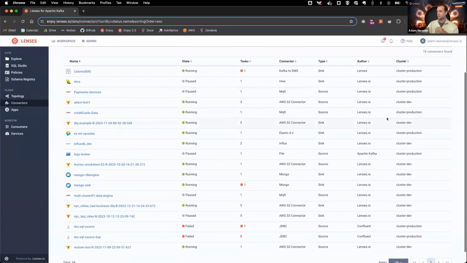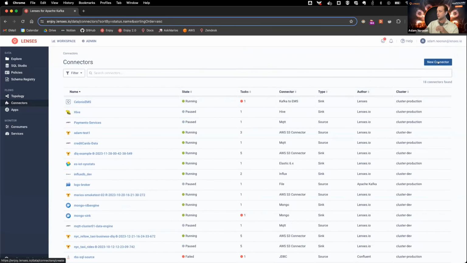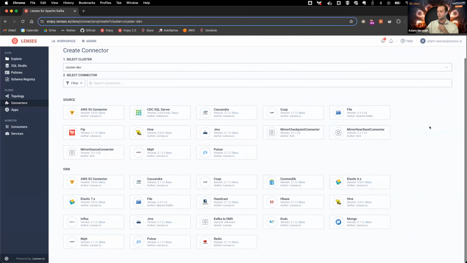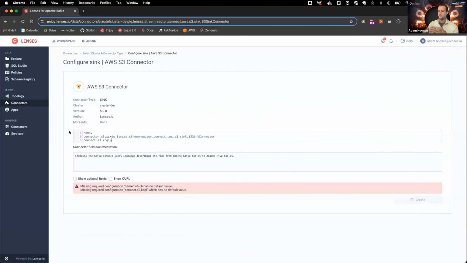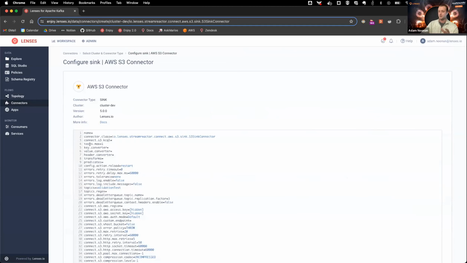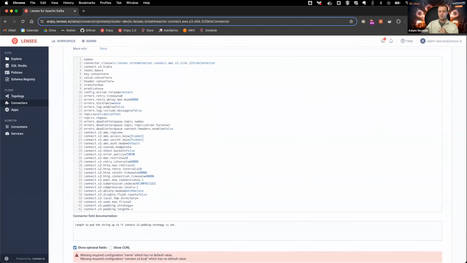You can just jump to our connectors page, see everything that's running here. You can jump to new connector. And we provide these connectors out of the box. Again, you can find these in our Stream Reactor repo, but it's also very easy to bring your own connector to our interface too. So all of that nice governance structure will still apply. Everything is audit logged, and I can be sure that even my non-technical data product owner can come online. They have a nice IDE, which will provide some initial error handling for them and make working with these connector configurations as easy as possible. Awesome.